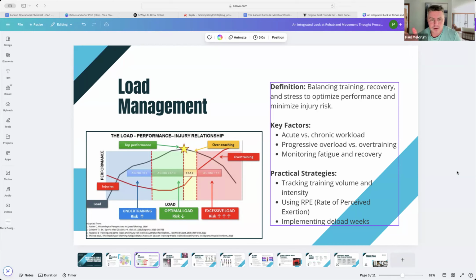And what's going to be more vulnerable to injury? My disc or my muscles? It's going to be the disc. So load management, people say it's always just about the volume that you do. No, it's about how you do the volume, which is just as important in my opinion.